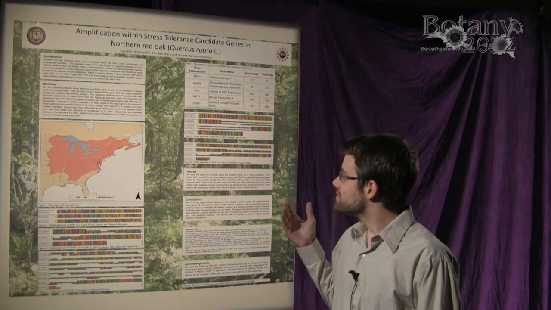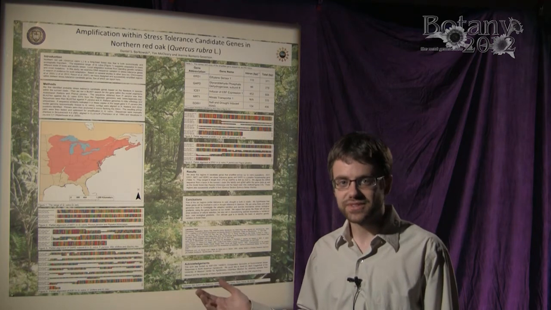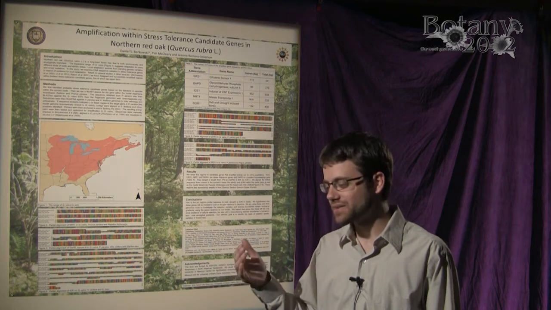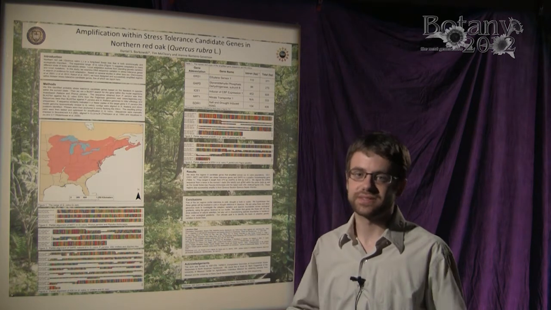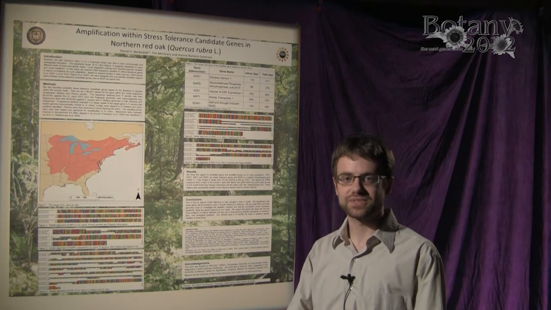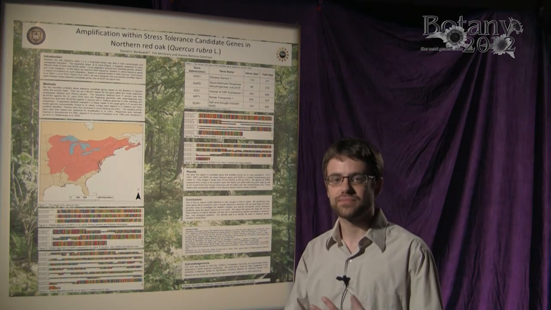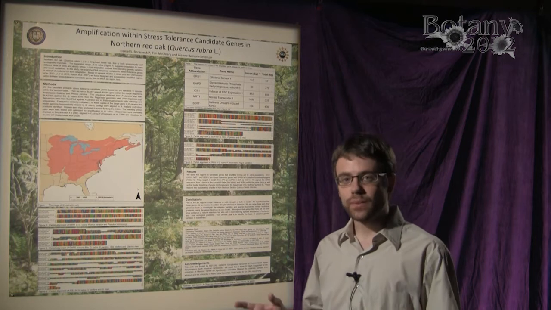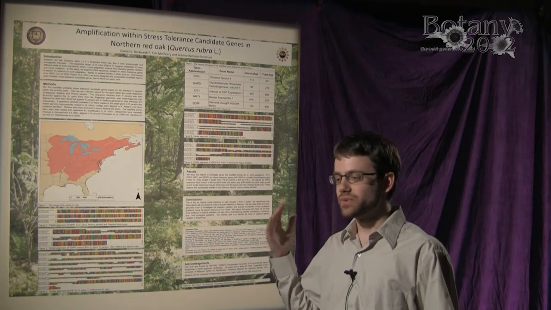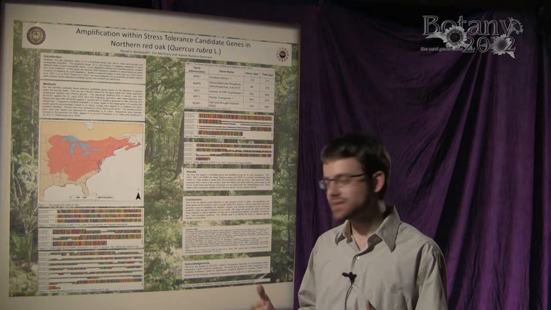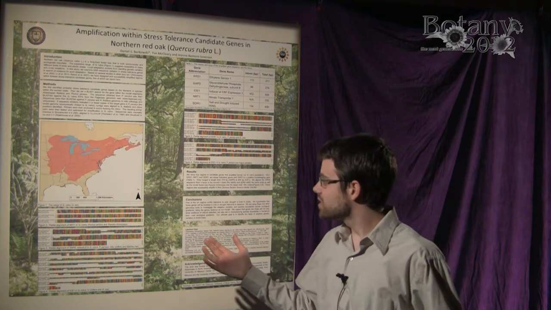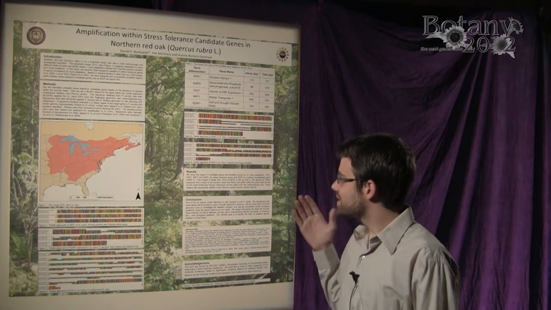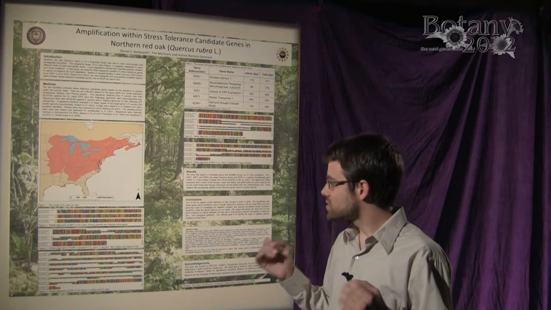The process I used was finding candidate gene sequences in the literature and identifying candidate genes in model species like Arabidopsis thaliana, thale cress, peach, Populus, and apple, and using BLAST, which is a way to pull down similar sequences, I blasted those against a low resolution Quercus rubra transcriptome, and then tried to target